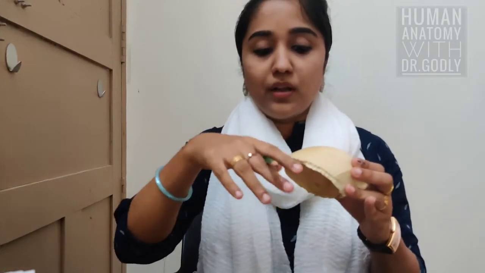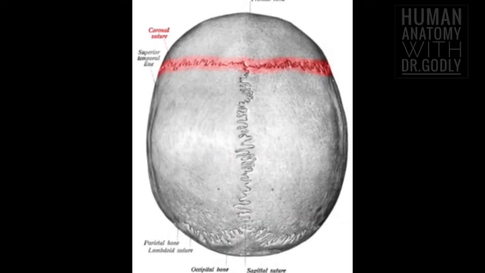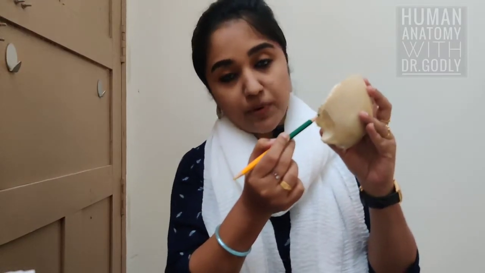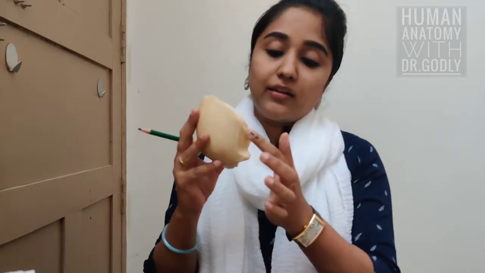Now we have got a posterior margin or parietal margin. It is referred to as parietal margin since it articulates with the parietal bone, and the articulation with the parietal bone gives rise to the coronal suture. Below on each side there is a rough, triangular part that articulates with the greater wing of sphenoid bone. So that's all about the squamous part.